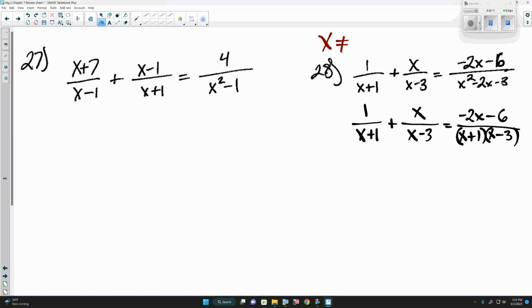What x cannot be. Negative 1 or positive 3, because if we have negative 1, x plus 1 is going to be 0. If we just have 3, x minus 3, 3 minus 3 would be 0. So if we have negative 1 or 3, those will not work. Now we can multiply everything by x plus 1 and